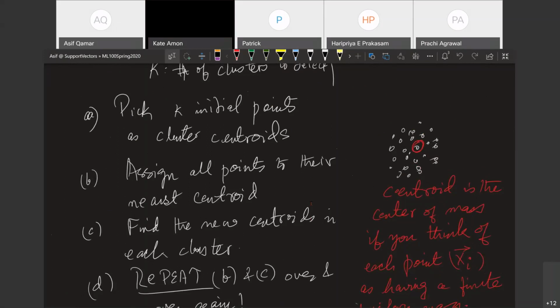So, for example, one heuristic could be, if you're doing a two-means clustering, you take a point, random point, and then you take another point as far away from it as possible, right? So that would be the choice of initial points. Then what do you do? After you have the initial points, declare them to be the center of the clusters, or the center of gravity, or the centroid of the clusters.